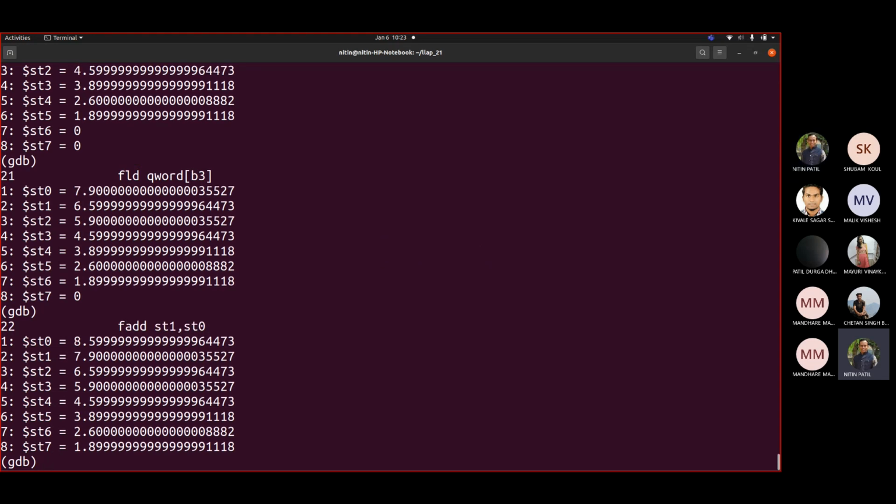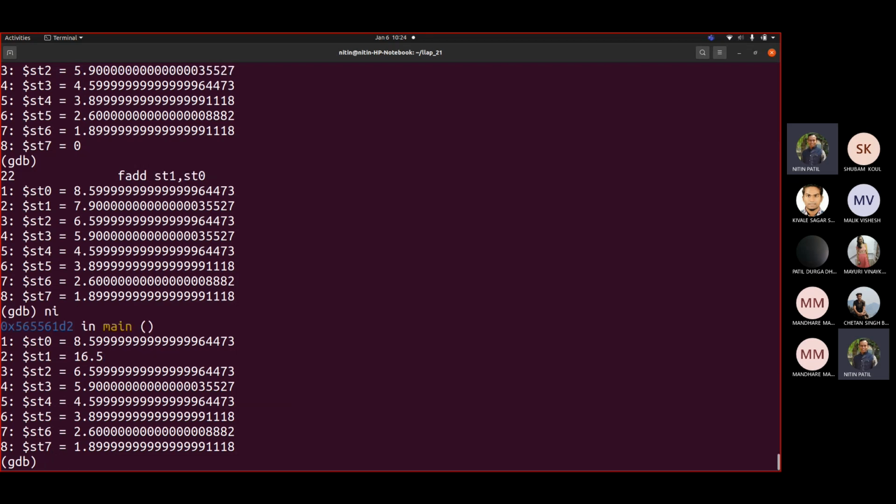So the last FLD value will be in ST0. Now when I write FADD ST1, ST0, which values would be added? What are the current values of ST0 and ST1? 8.6 and 7.9. So they are added, and you can see ST1 would contain the sum.